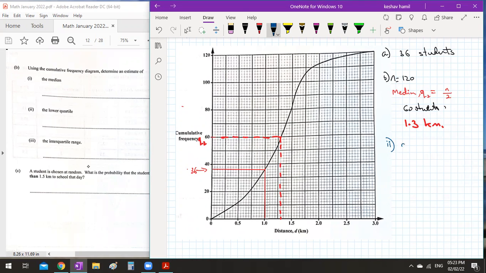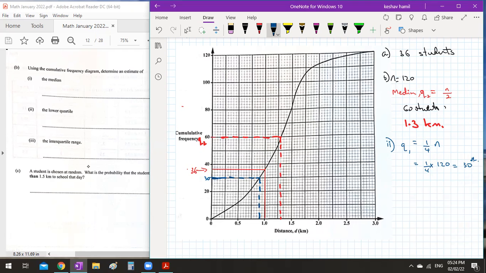The lower quartile, Q1, is the curve at 1/4 of the cumulative frequency, which is the 15th student. So you comment on the graph where 15 should be, right? So, sorry, not 15. This has to be 120, not 16. 30th student. So you comment on the graph where 30 should be, which is here. And you draw in the dotted line, then you meet the curve, and then come down and read it off on